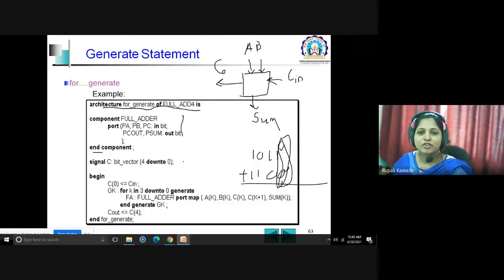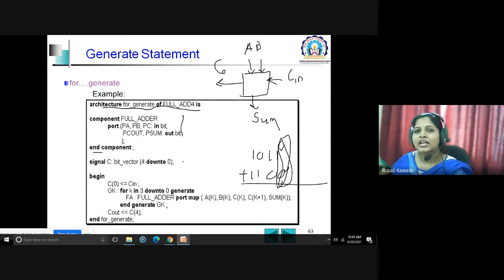So initially C of 0 for the first full adder will be your C in. And for K in 3 down to 0, means 0 to 3, how many times can you replicate it? 4 times. So full adder port map, and you can simply show A of K, B of K, C of K, C of K plus 1.